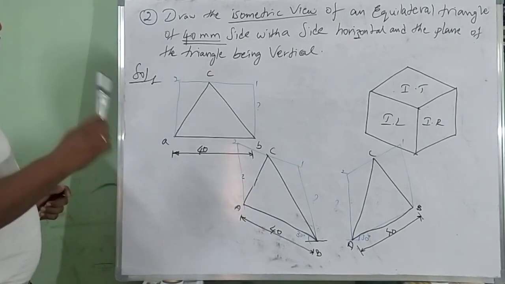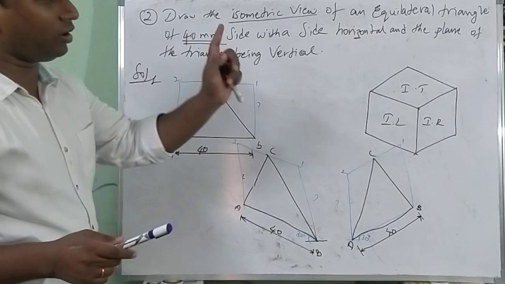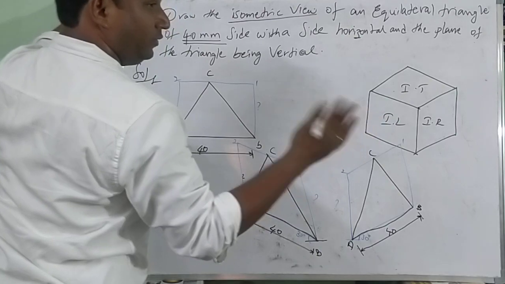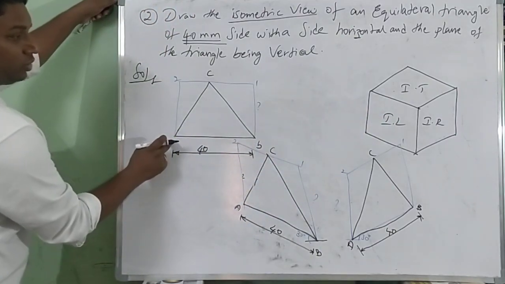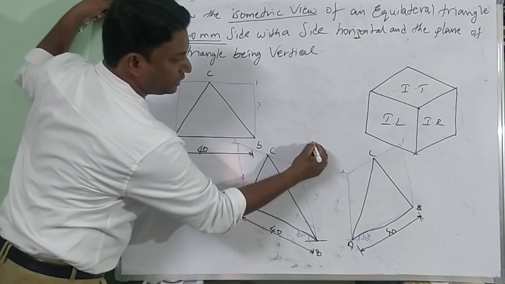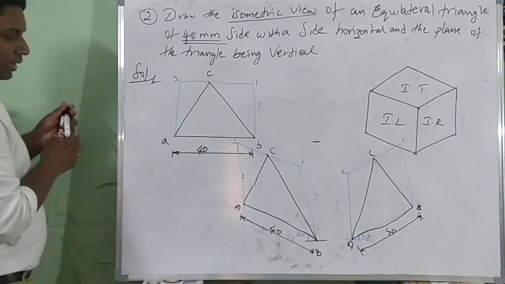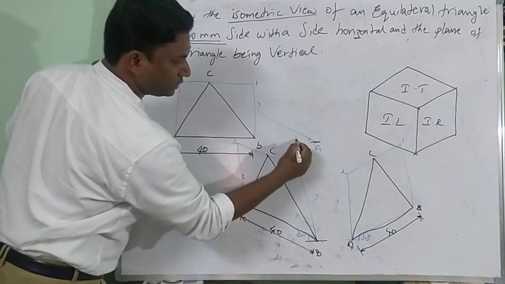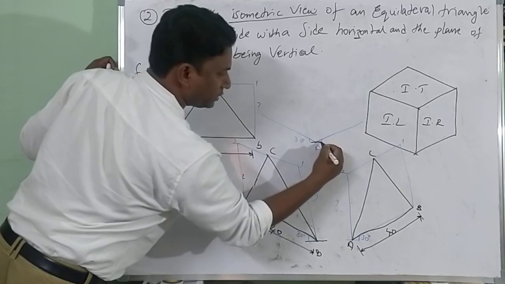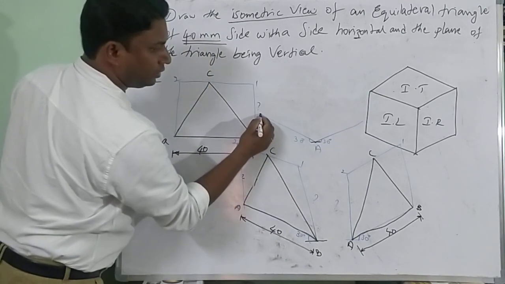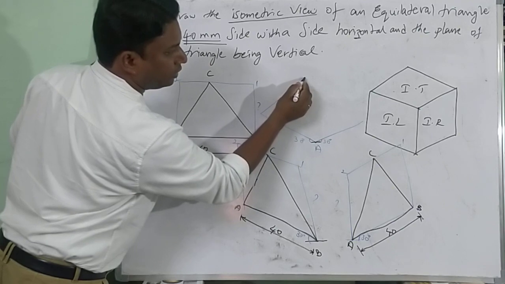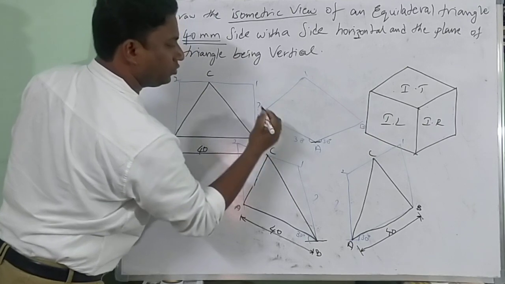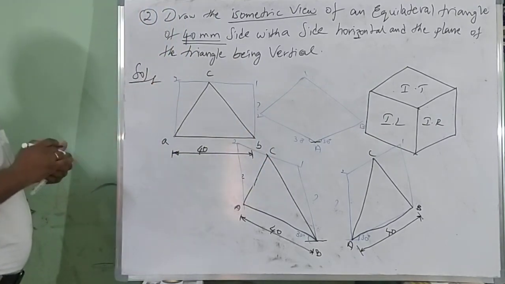Same way, iso top, we have vertical. With respect to vertical, we have drawn iso left and iso right. With respect to iso top, you know both will be 30 degrees. I am starting with reference to A. Right? I am taking a small reference. I am taking this reference as capital A. 30 degrees towards the left side, 30 degrees towards the right side. Draw parallel to this line, draw parallel to this line. Now A, B, 1, 2. That's the box we have constructed first.